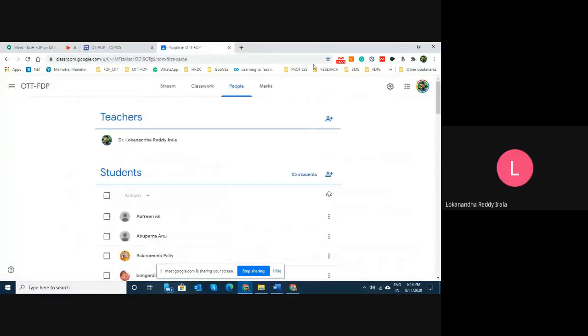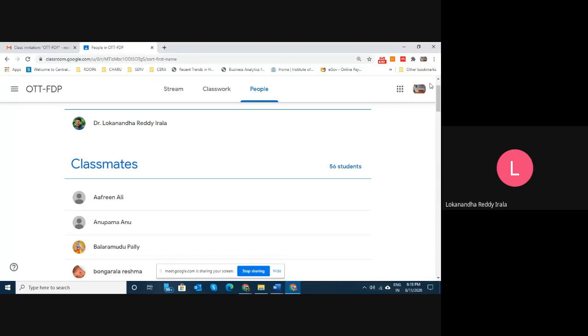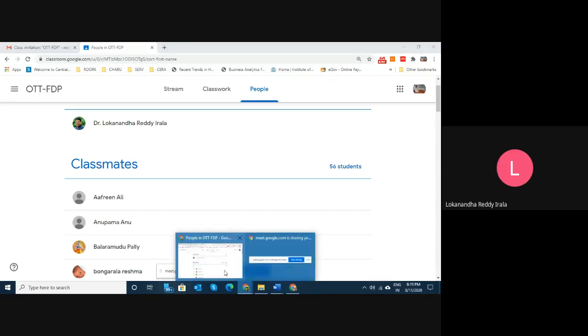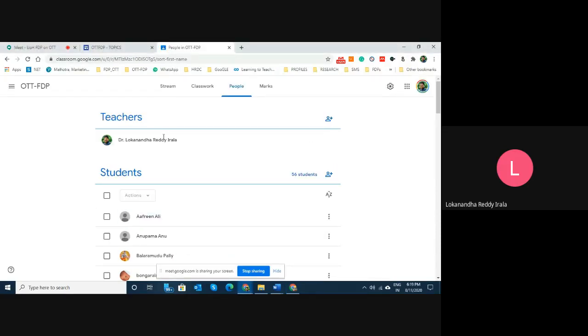Sir, just once, would you explain that teacher window and that student one? I've been more ambitious in showing you, if somebody has been added into the classroom, how he will be having his window. That means you are now part of the class. Okay, sir. No, I'm not part of the class. At this moment, I did not join. You can join. See, if I have joined here, I have joined as a different user in the class. This is my student window. Here I am a student. This mail ID is a student. Whereas I am running the class from here. This is my class window, teacher window.